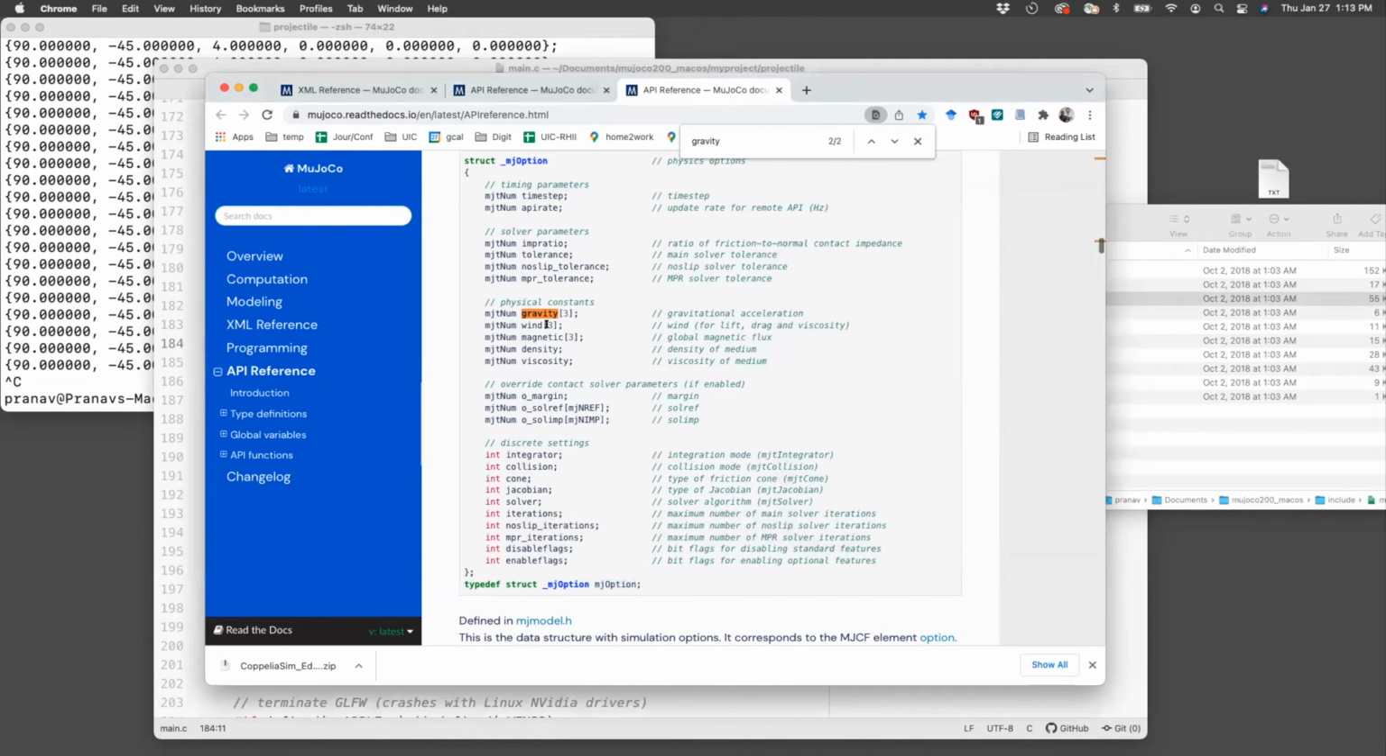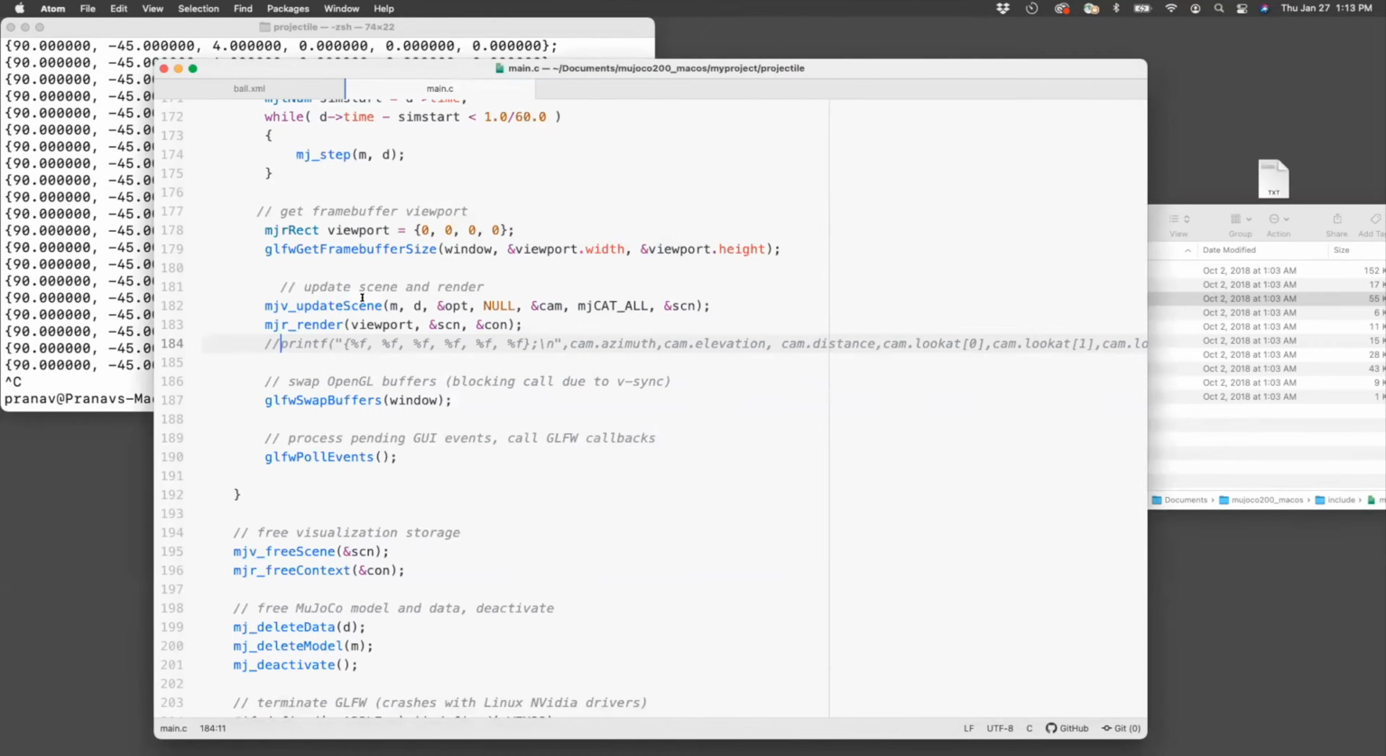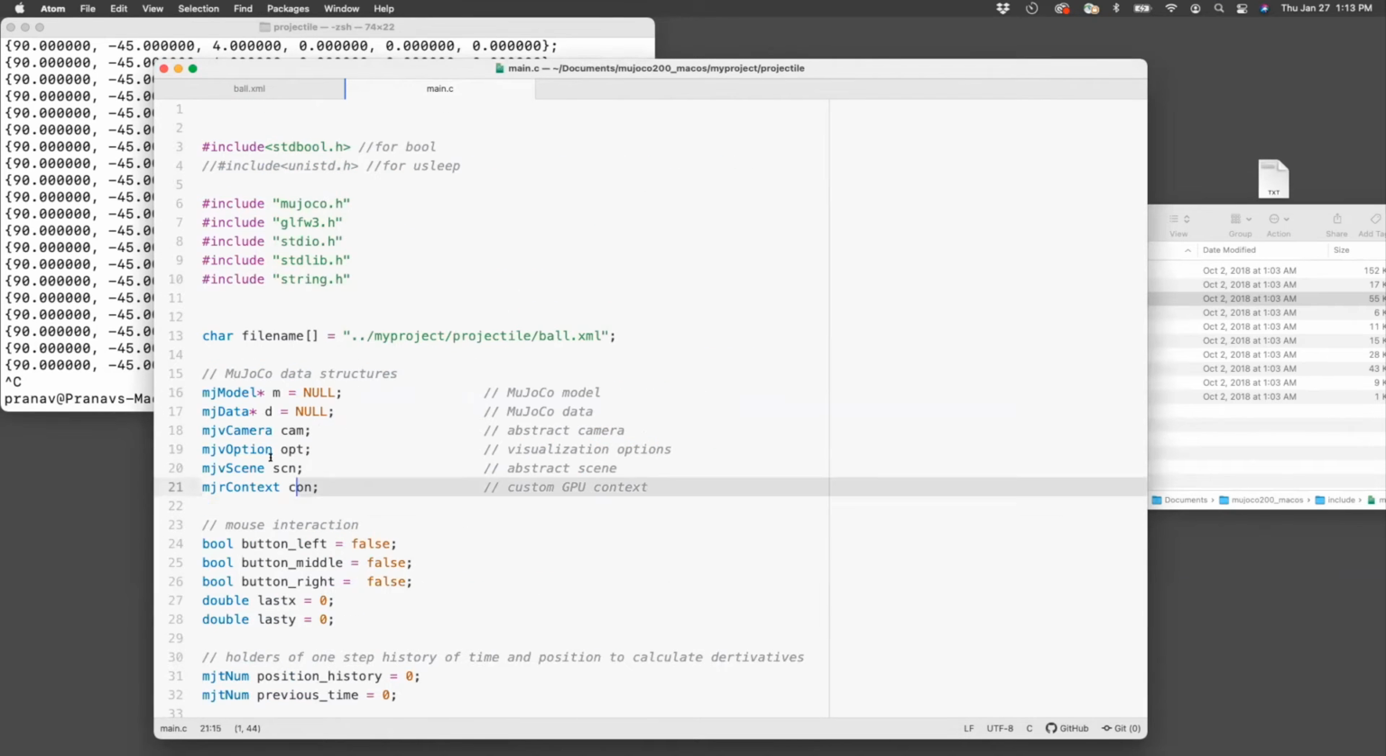What I need to do here is actually go to gravity and modify the gravity from what it is. So it is 0, 0, minus 9.8 to maybe 0, 0, minus 1 if I want it to slow down. Now, how do I do this? Well, I need to see this belongs to mjOption. Okay, so I need to find if there's an object corresponding to mjOption. If I go to this file main.c, I search here, there is mjvOption. So I need opt, and this opt is part of